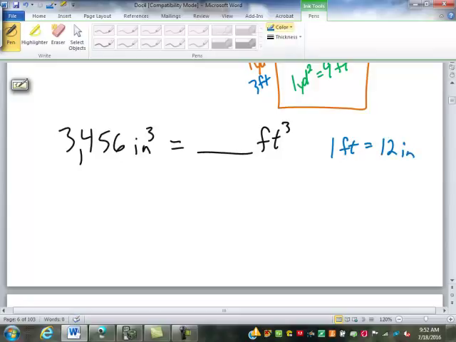When we were dealing with square feet and square inches, we squared the 12 to get our conversion factor. But now it's not square feet and square inches, it's cubic feet and cubic inches. What do you think we're going to do to our conversion factor? Perfect. 12 cubed, or 12 times 12 times 12, which is